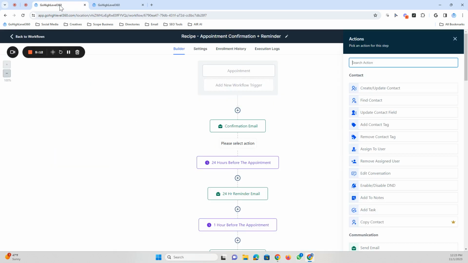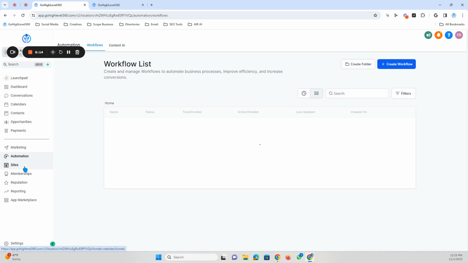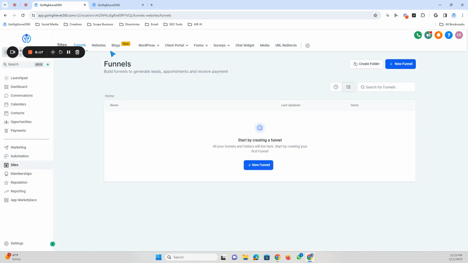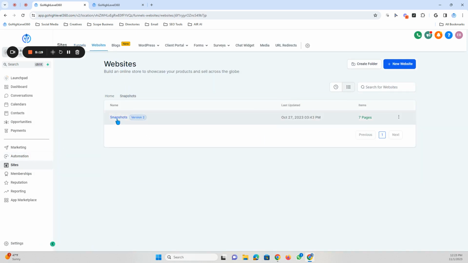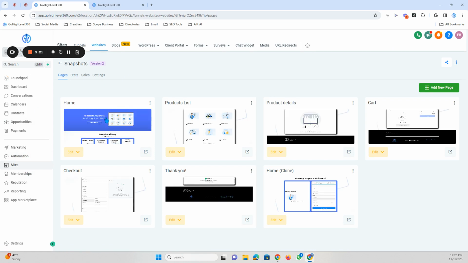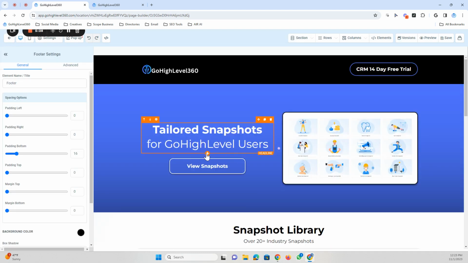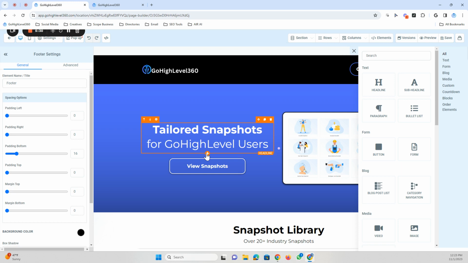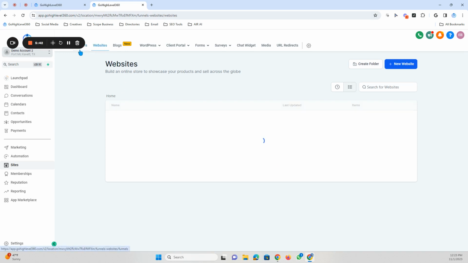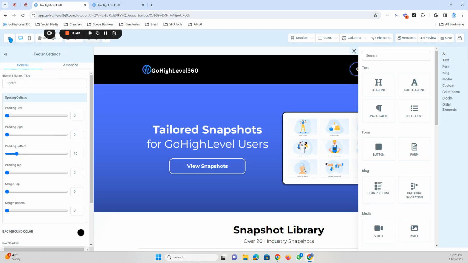Okay, next up we have sites. So if we go back out of here, let's go into sites. So the old sites, here's an example. So this is the old site builder. If you would go in, you see how you don't see a store option, so you can't really add in the e-commerce. But if we go into the new site builder, so let's go ahead and turn on the new